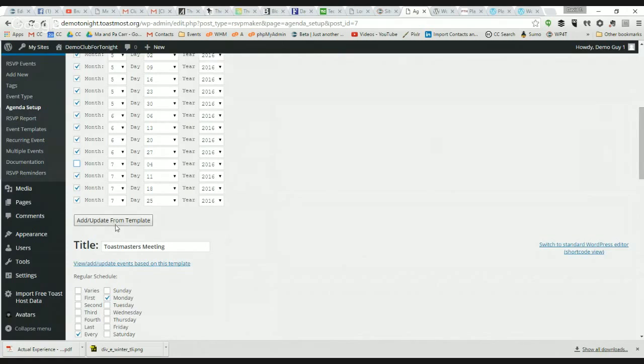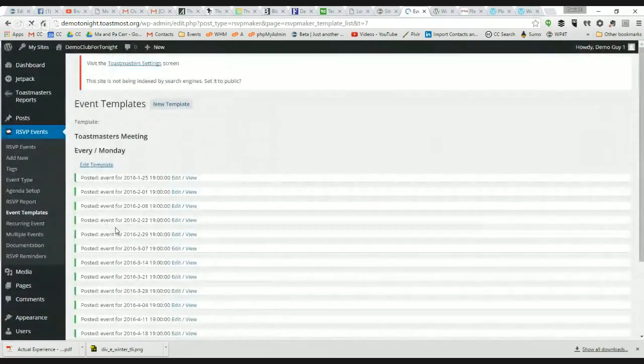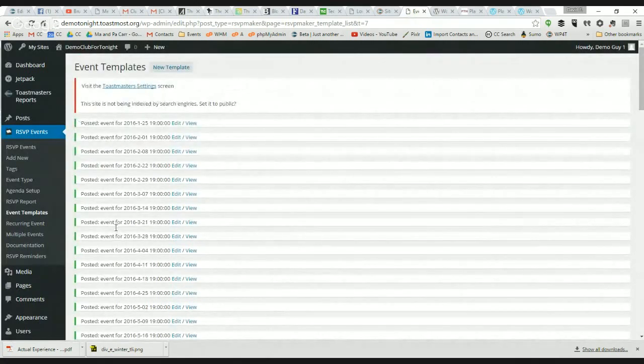I could go back and change this later if I had to, but I'm going to post this months in advance so that our members who are ambitious and want to sign up months in advance have the opportunity to do so. And eventually I would need to go back and add to this list. Also, if I update the template, it'll give me an option to update these roles.